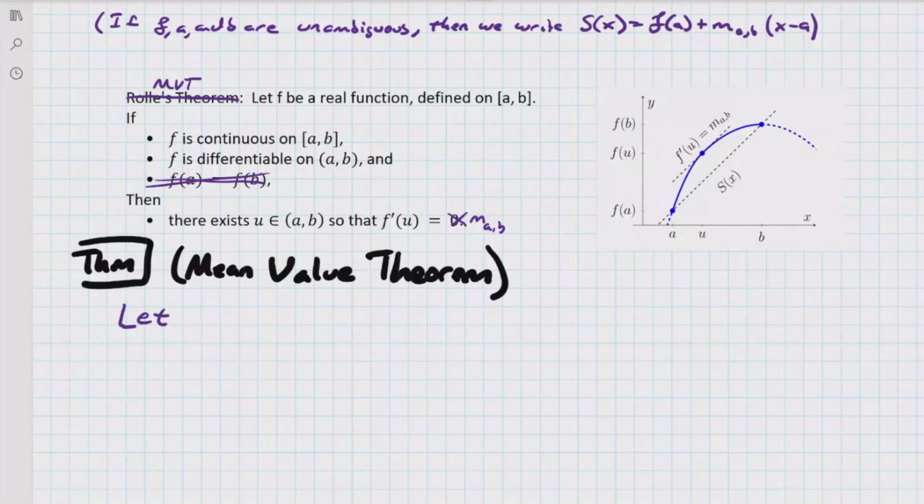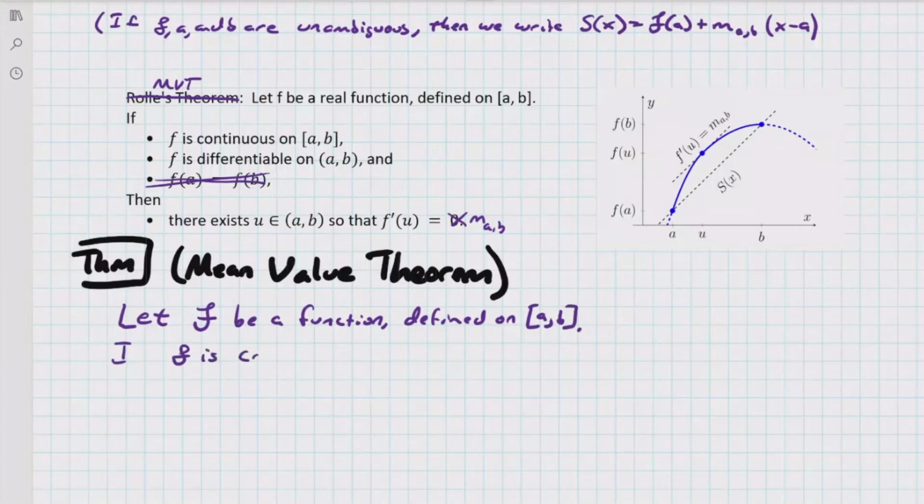So I say let f be a function defined on the closed interval [a,b]. If f is continuous on [a,b] and differentiable on the open interval, then